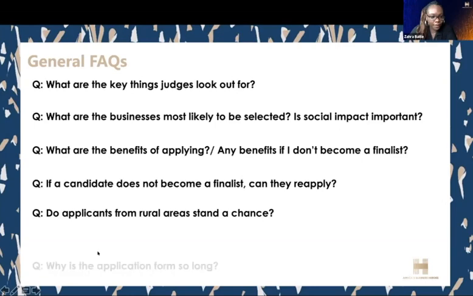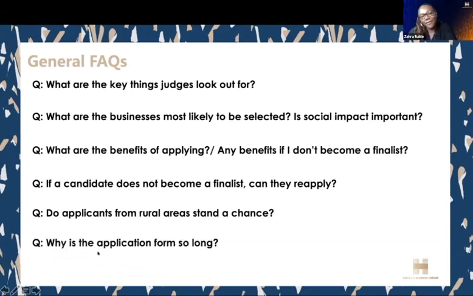Okay, thank you. All right, this is a tricky one for you. Why is our application form so long? Yeah, I think to become a hero takes resilience and patience.